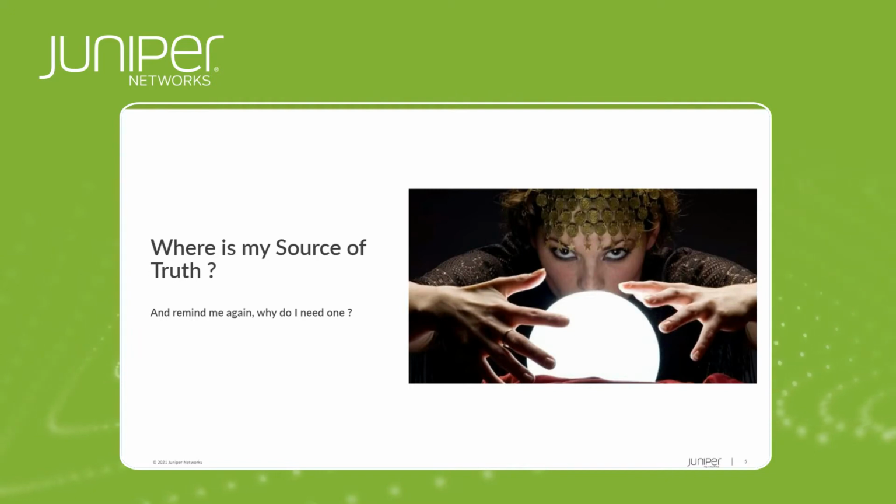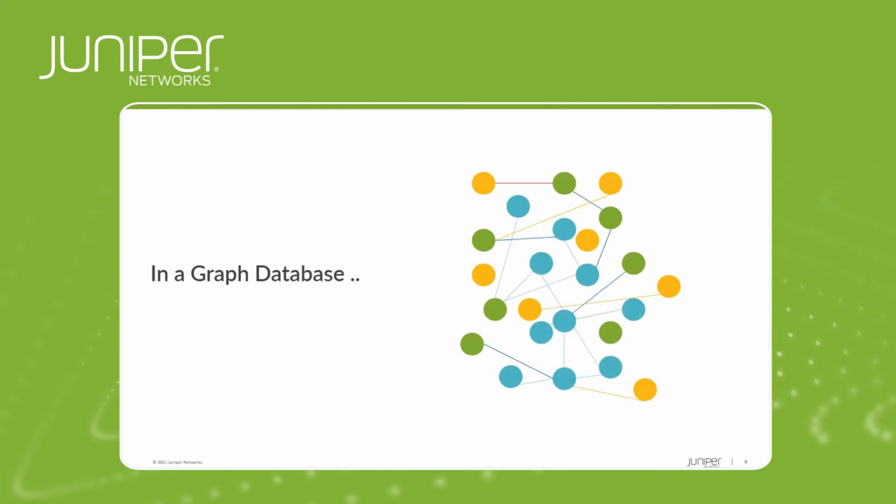The choice that we made in Apstra for this product is that we selected the graph database. Graph databases are a type of database that has been around for quite some time, and it's one of the really powerful and mature technologies out there when it comes to databases. Historically, it was initially used with social networks, so it really comes from the Twitters and Facebooks of this world, and it's used in a variety of domains